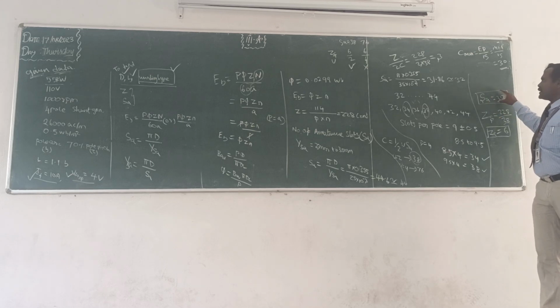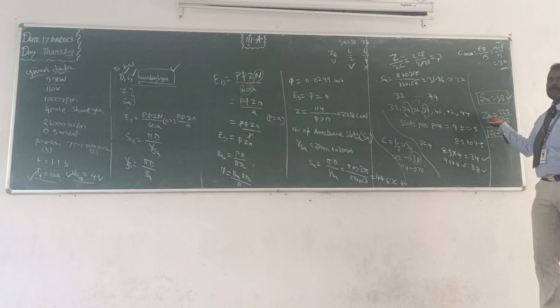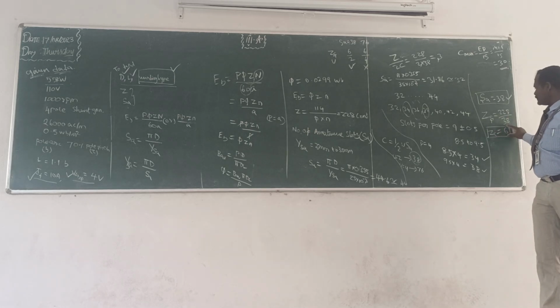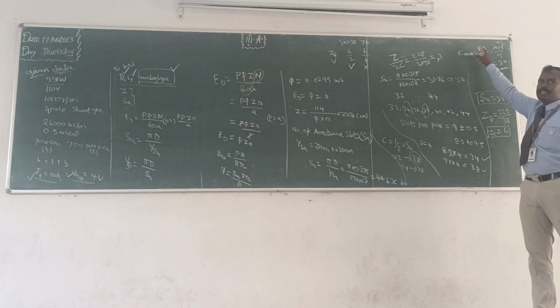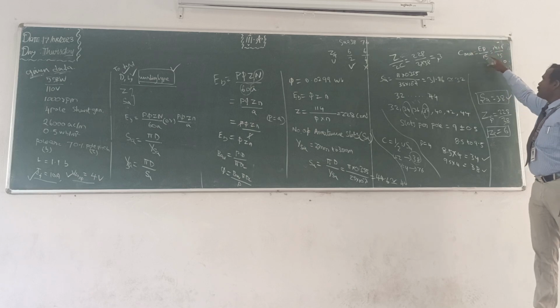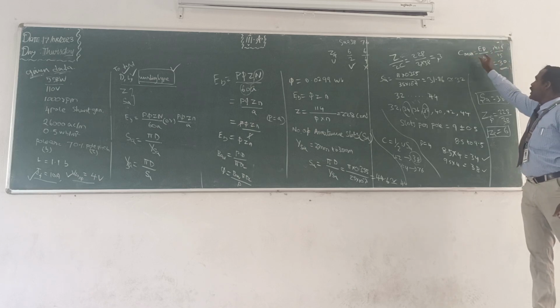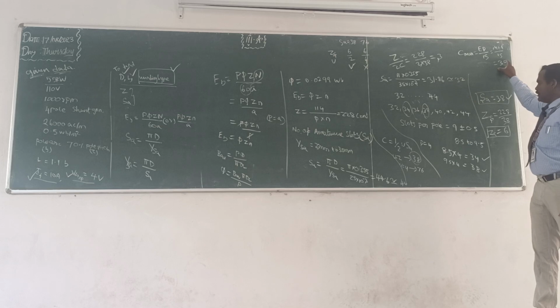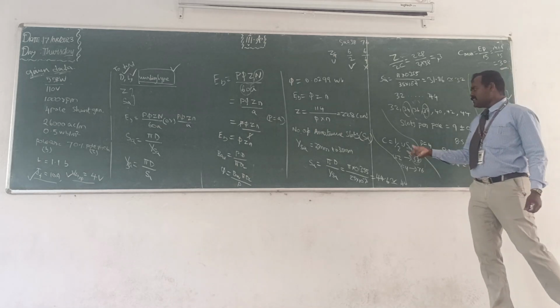Whether this value is correct or not, you should check it. That is why we need to find the total number of conductors per slot, and the value is 6. Similarly, you can find the minimum number of coils, C minimum, equal to E_p divided by 15 P, where E is the voltage, that is 114, and P is the number of poles. So the minimum number of coils is 30, which we found. Then there is the actual coil.